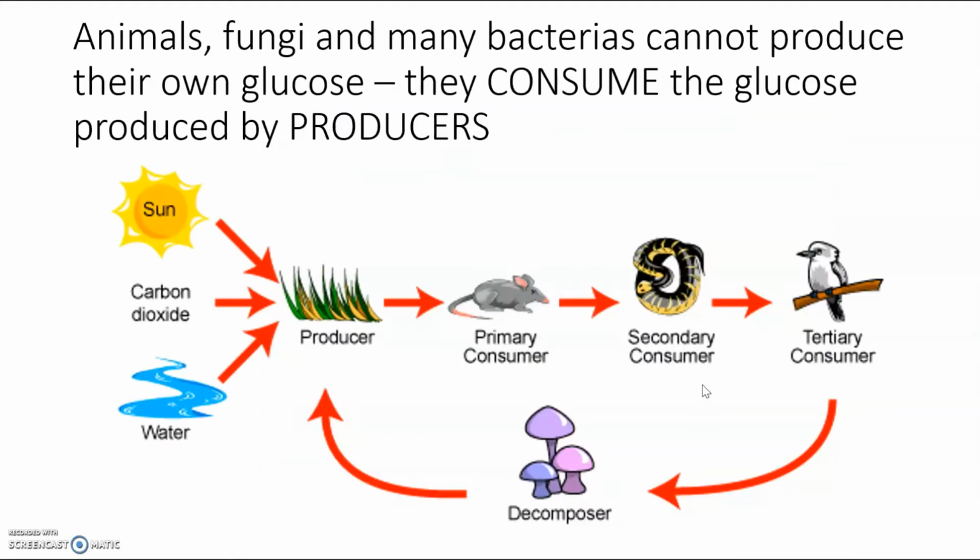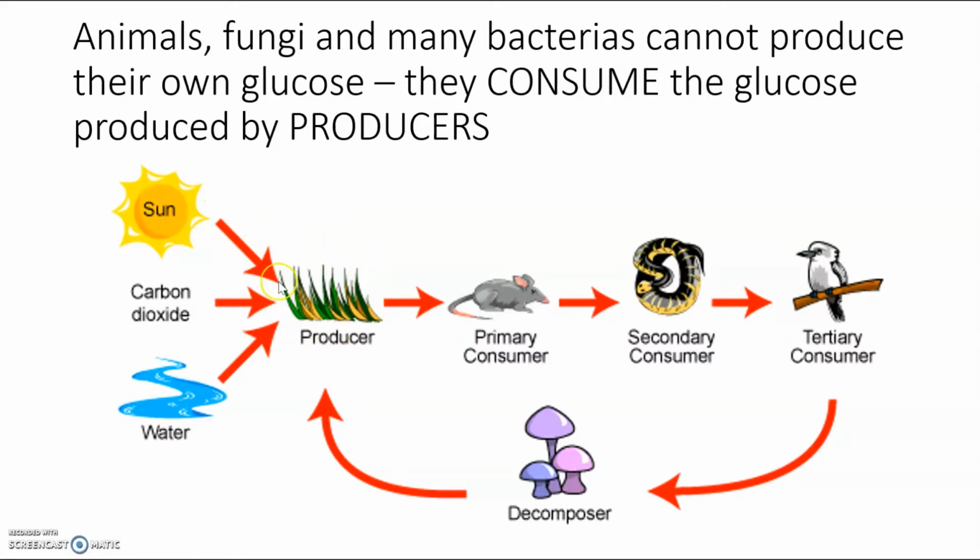On to the next slide. As we talked about before, there are many organisms that cannot produce their own organic matter. So animals and fungi and many bacteria need to consume the glucose or the organic matter that is produced by the producers, right? And this is a picture that shows the transfer of both energy and matter here, right? So we have